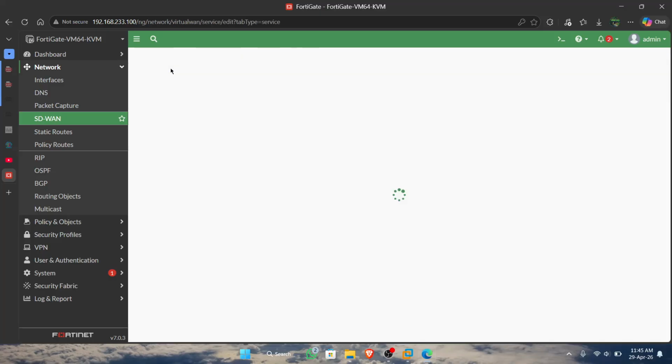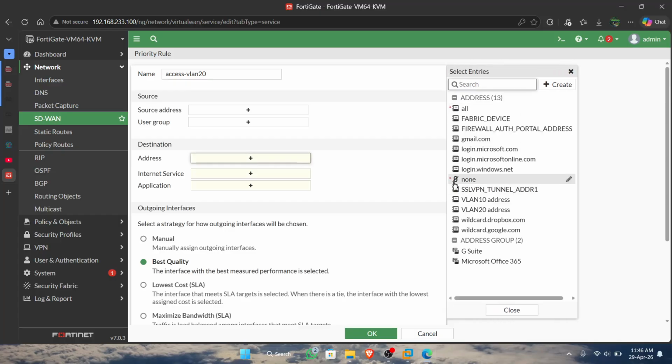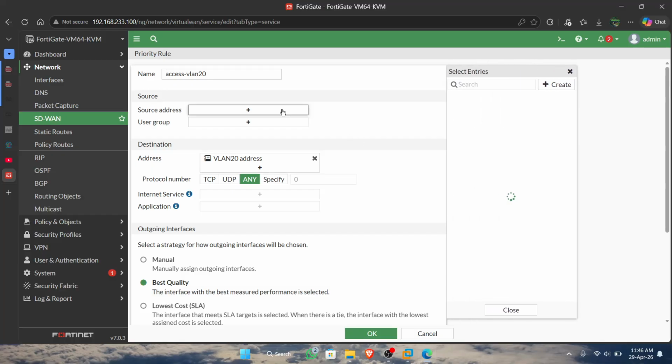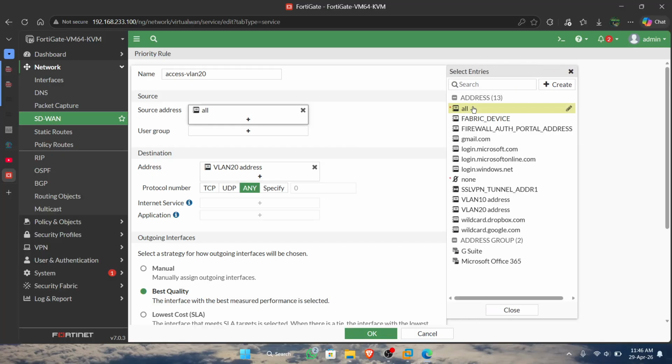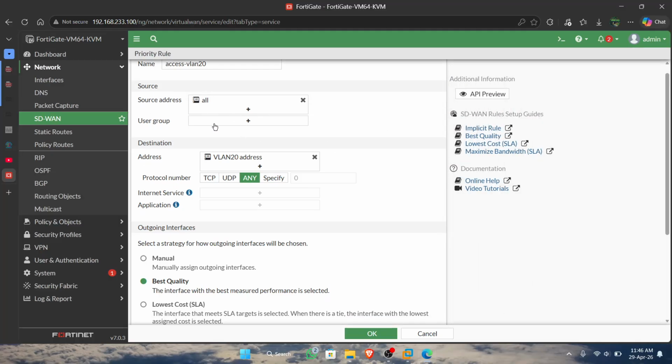Next we create the rule for VLAN 20. The same way, we add the address. Sorry, for the source address we choose all.